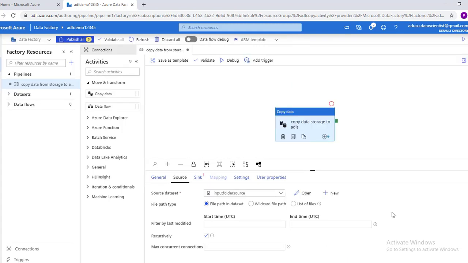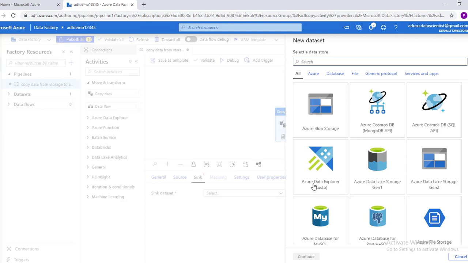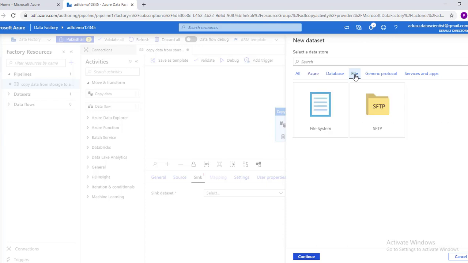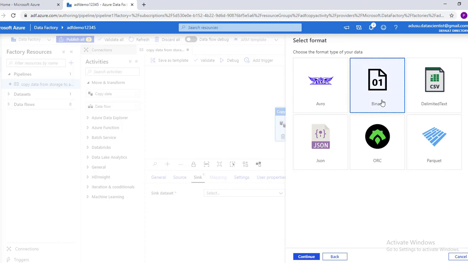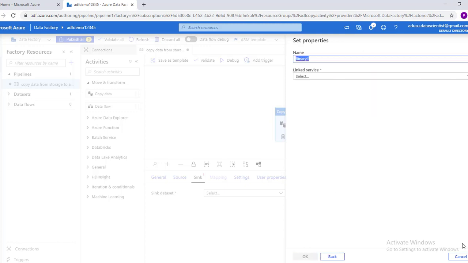Source is done. Now sink is a data lake. Now we'll create a new data set, which is Azure Data Lake Gen 1. Sorry, we need to create a new data set, which is again a file share, file system. Click on new.